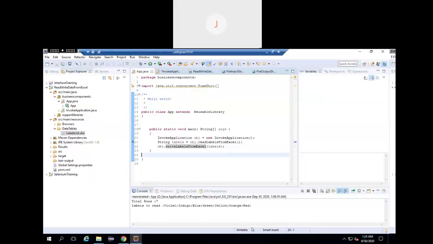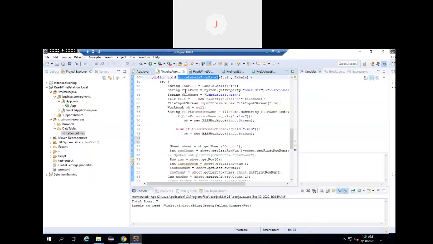If you ask me where this read and write data is helpful, it is when we are doing automation, when we are doing API automation. At that time we'll get huge data, so we can't print everything in the console. We can't represent it in the console. At that time we have to go for writing it in the Excel. Sometimes it will be helpful in UI automation as well.